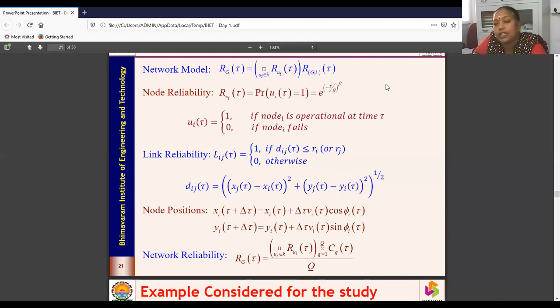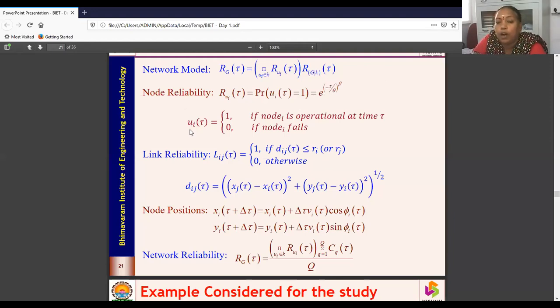Here in this example, we have considered 72 hours. So we are going to find the reliability of all nodes from instant 0 to 72 hours. If I put tau equal to 0, e to the power of 0 is 1, so reliability will be 1. And if you take e to the power of minus 72 by theta to the power of beta, then again reliability is going to be lesser than 1.